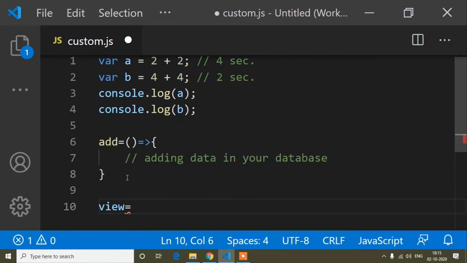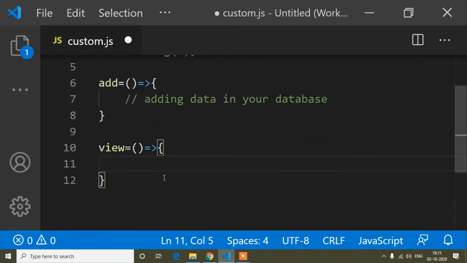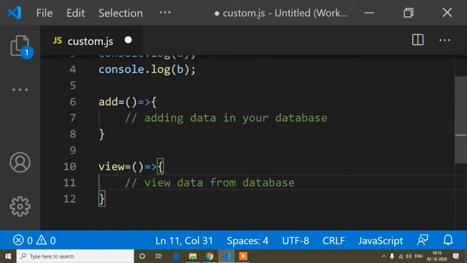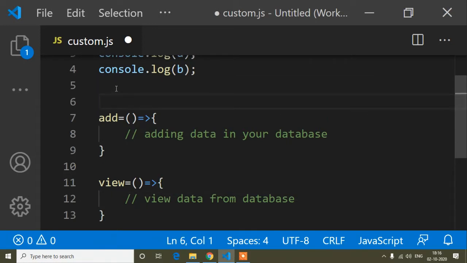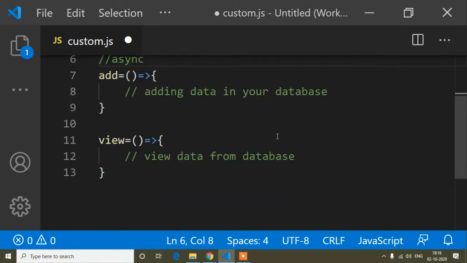So in the view function I will write: view data from database. Assuming you are working in an asynchronous program, I'm writing here the short form of asynchronous, ASYNC.